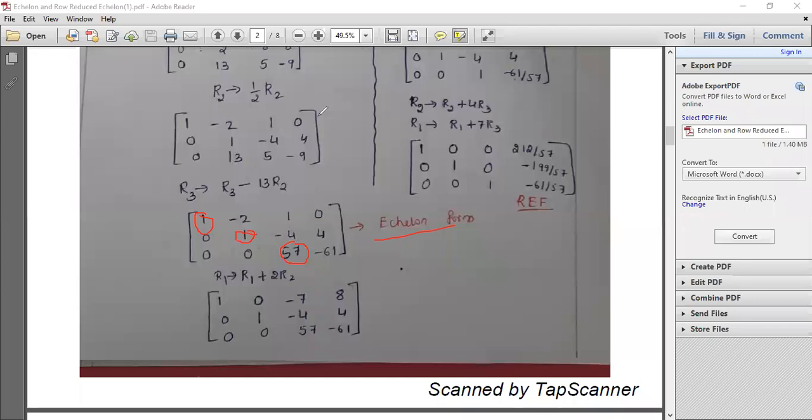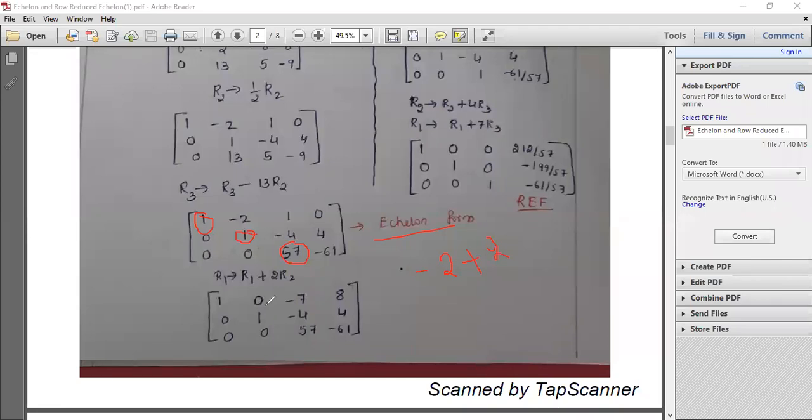So if I start doing the row operations here, this has to be equal to 1, and the next has to be equal to 1, and again in this quantity I have to make it 1, and here this quantity I have to make 0, and these two quantities I have to make 0. That is the next steps. I'll make this 0 first. So R1 changes to R1 plus 2 times R2. R1 is minus 2, and 2 times R2 means 2 into 1, it is again 2. So you will get 0 here.